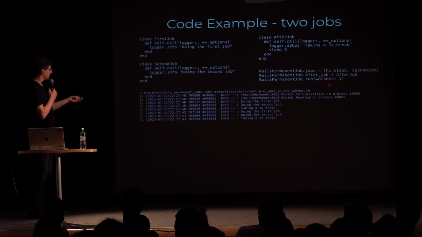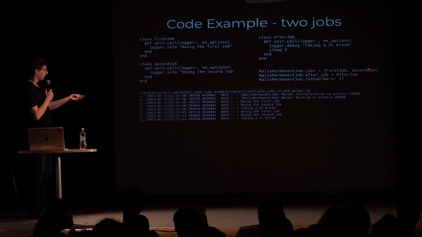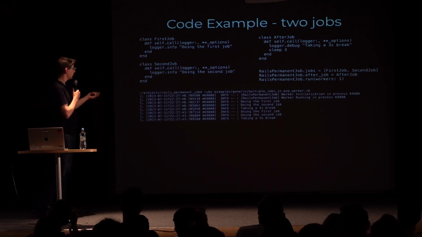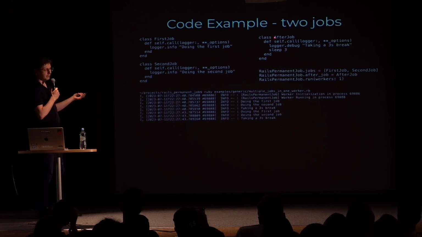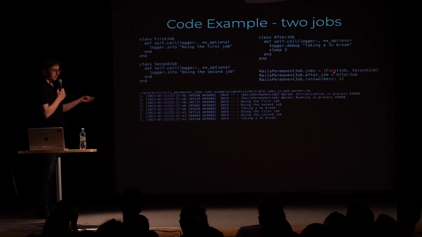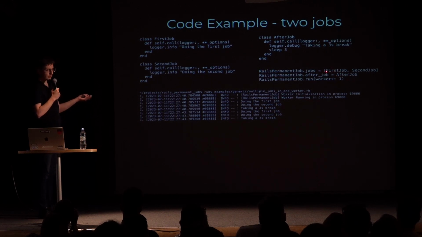After Raise Permanent Job executes the first job and the second job, it executes something called after job, which is yet another class with a call method. By default, this is 1 second. This is just sleep 1 second, but we can adjust it